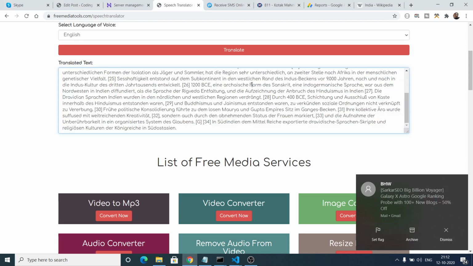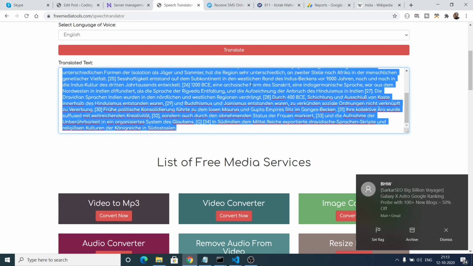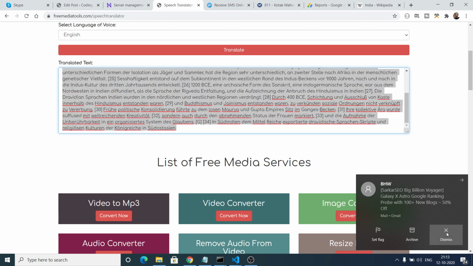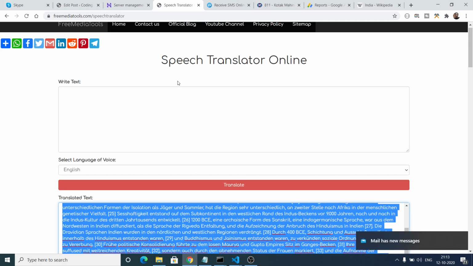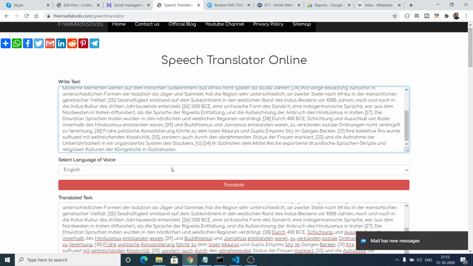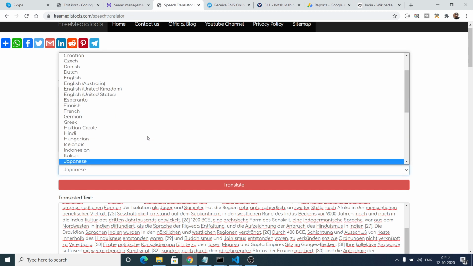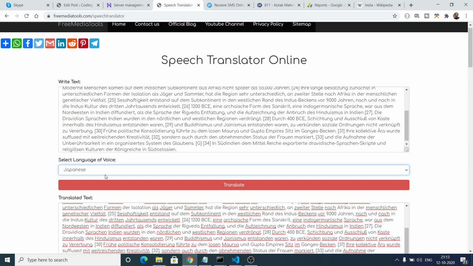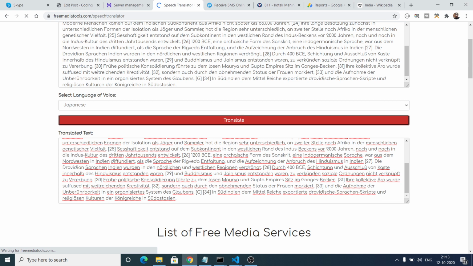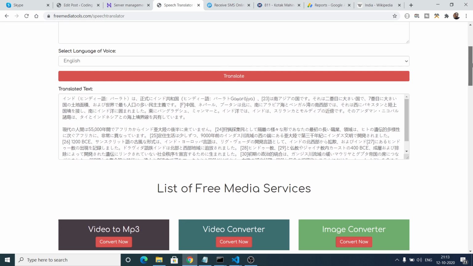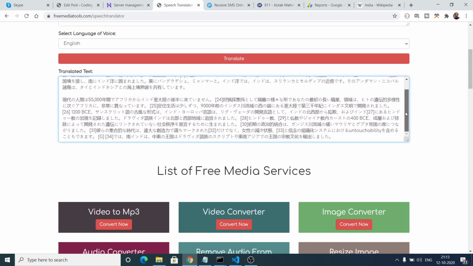Now let me take this German text and put it once again into this box. If I want to convert this German to, let's suppose, Japanese, and I click translate, it will take some time, and now it is successfully converted to Japanese.